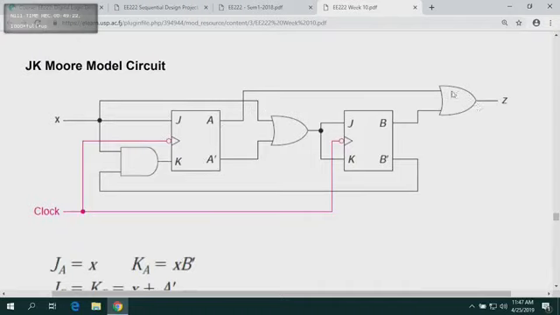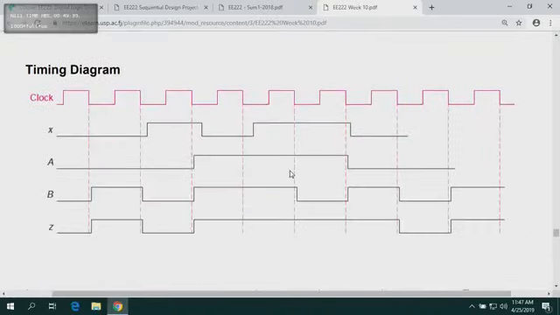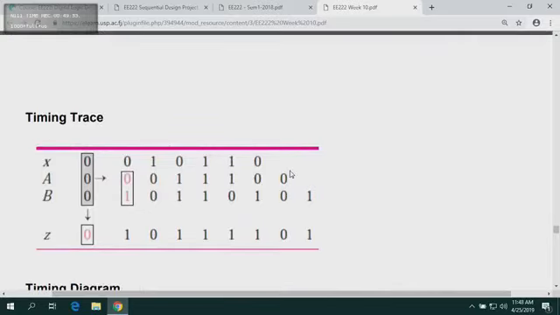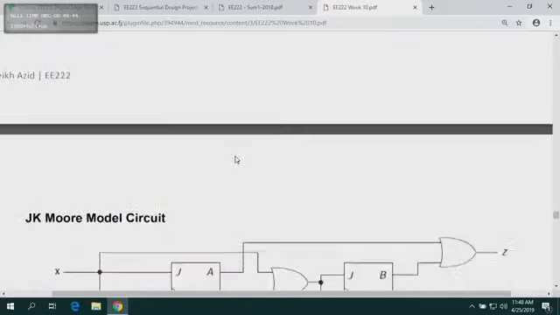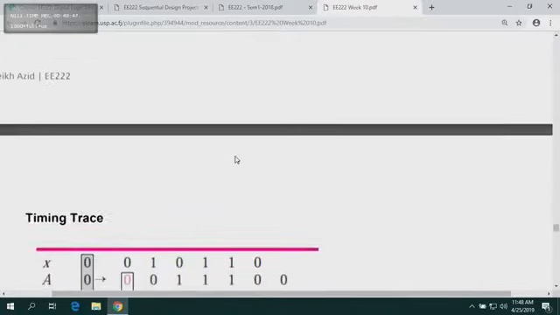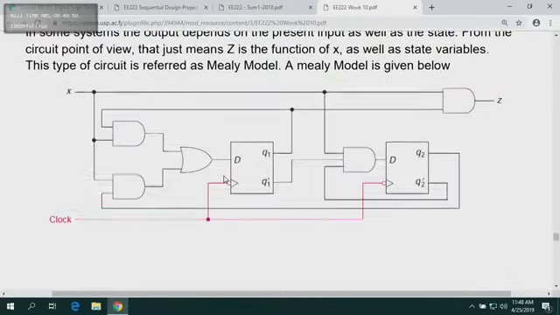Now let's look at this circuit. What can you tell me? Z, let's go backwards. That's coming from A, that's coming from B. That's a Moore. In fact, the answer is there already. Alright, anyway. Timing trace, guys, I won't teach you guys word for word how to do timing trace, but it's just another translation from the state table and state diagram into a timing trace. Same thing, just another way of drawing it. Okay, let's have a look at this one. Let's have a look at this one. The output